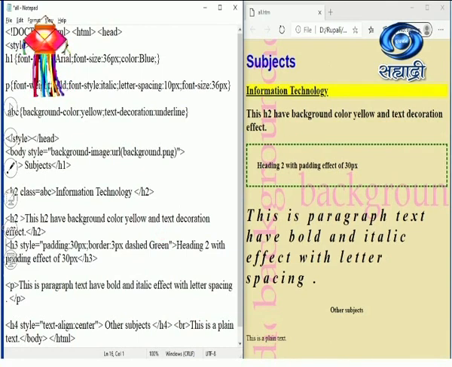So in this way you are going to make use of various kinds of CSS properties. So in this program we have applied so many properties like font-family, font-size, color, and font-weight bold for the paragraph. So here bold has appeared. We have applied text-decoration. We have given underline for that. We have also applied a background image.